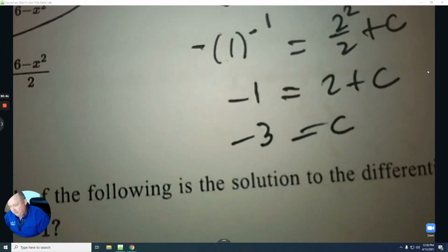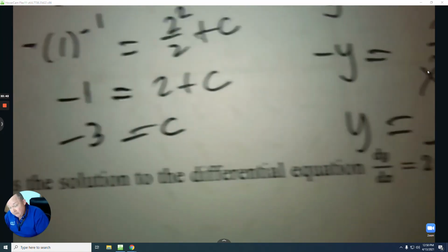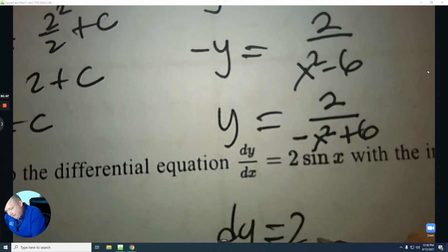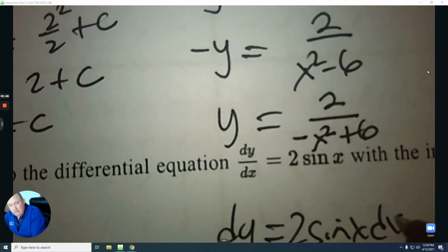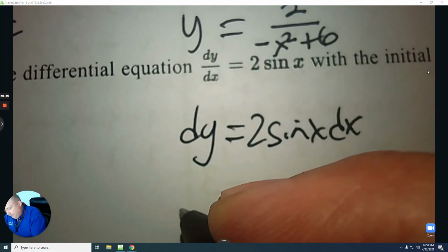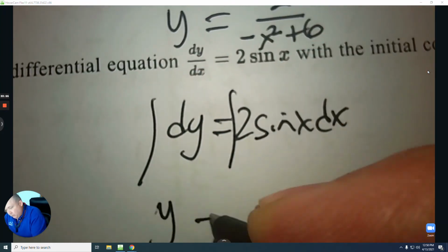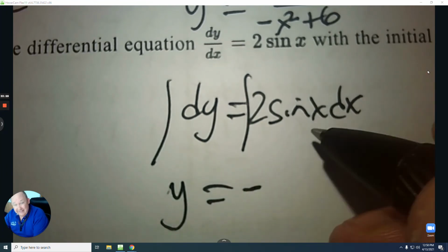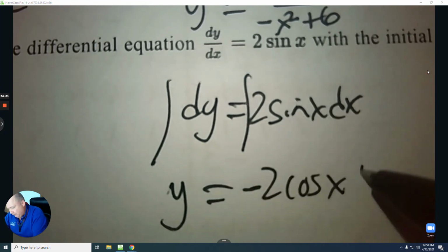All right, number 26. Which of the following is the solution to this? Again, we're going to solve this differential equation. So we're going to multiply by dx. Integrate it. So that's y. 2 sine x becomes, the integration of sine is negative cosine, so it's negative 2 cosine plus